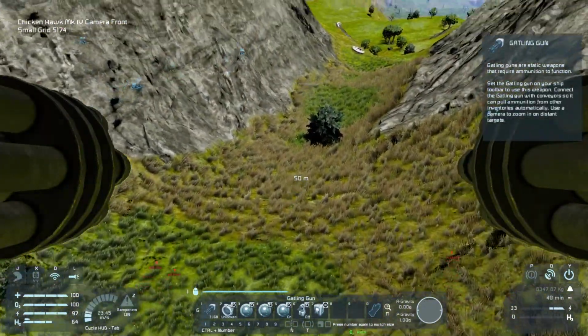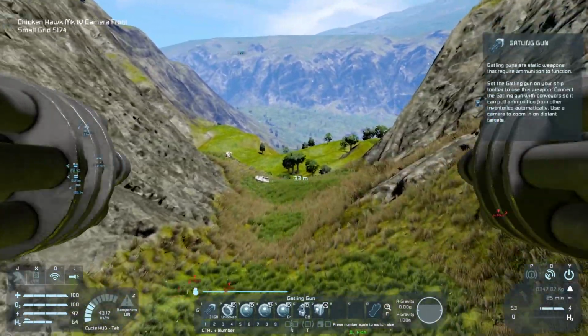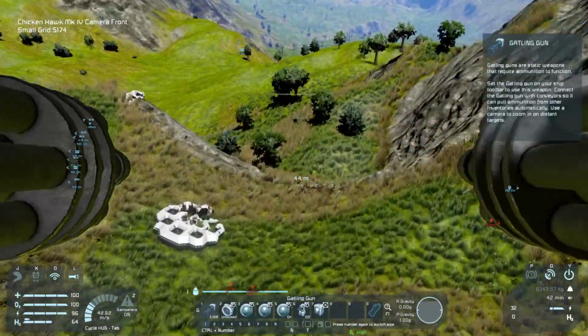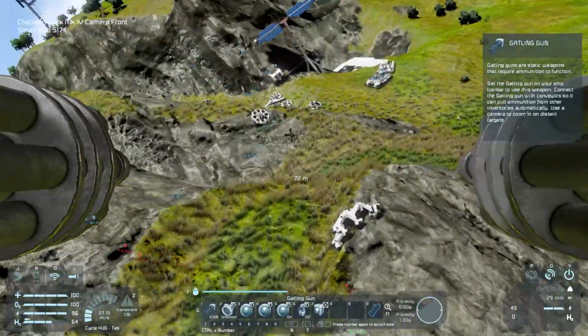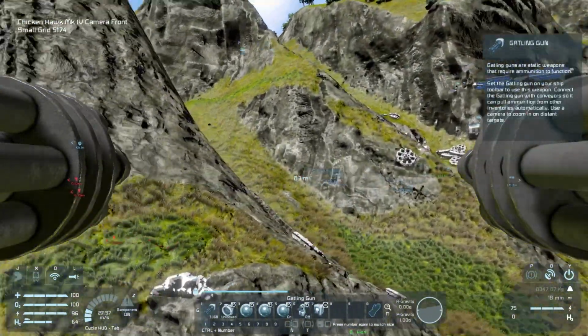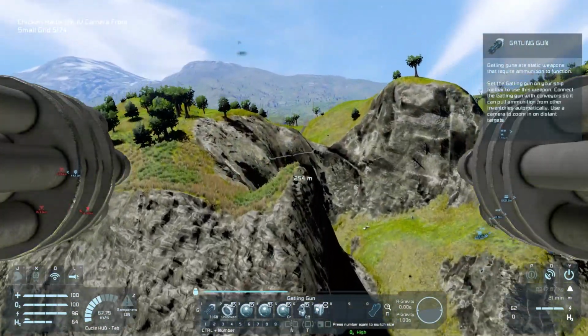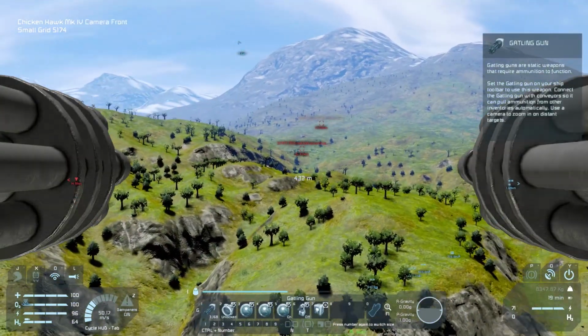That bit certainly looks passable, though this valley is quite narrow, and it's this bit here that I'd be worried about. Oh yeah, that looks very rough. Well, all of that was for naught. We've got to clear up the bit that's right near the base